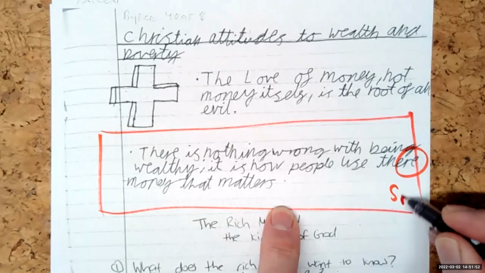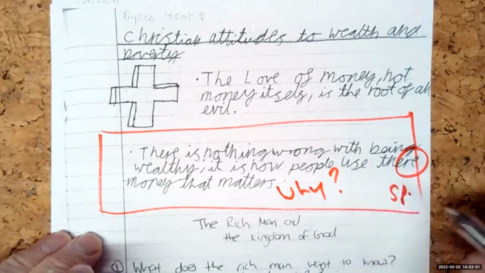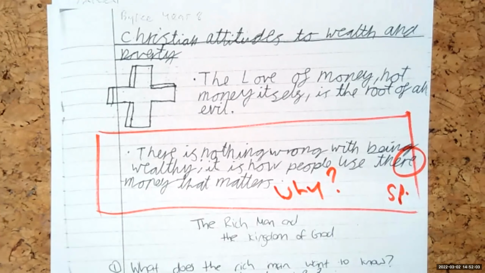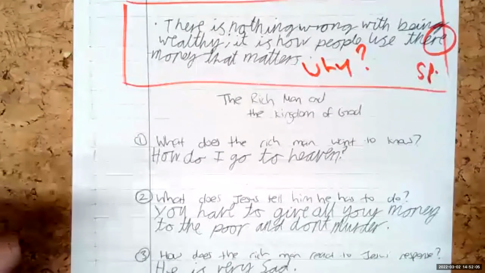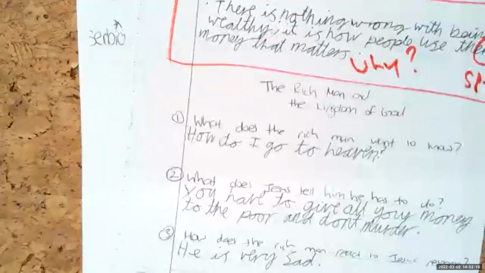So we've got our SP for a spelling mistake. There's a bold claim here: there's nothing wrong with being wealthy, it's how you use your money. So I want Bryce to elaborate on this, drawing in some metacognition. Tell me why. So the original concept was that, and there's no space here at the bottom of the assignment,